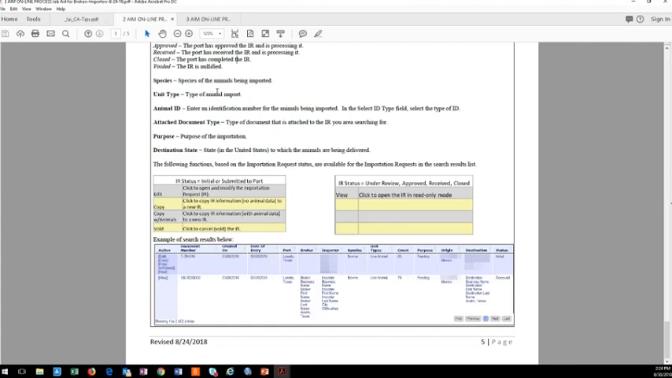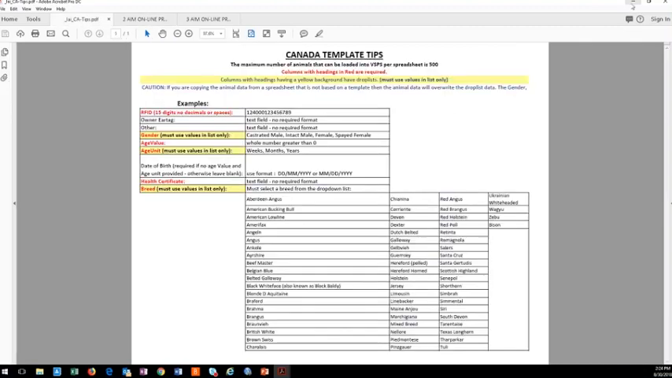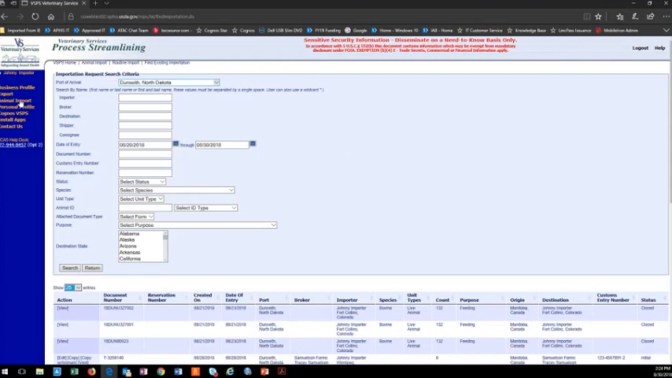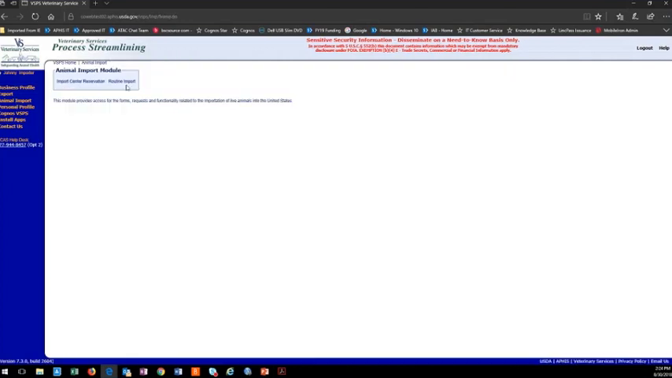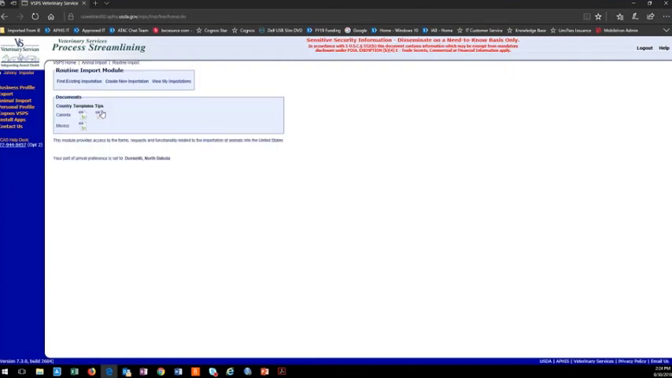Each port has their own port email address, and that will be listed in the tips. It'll be on the second page of this. I'm still working on that. If you go to animal import, routine import, the port email addresses will be listed in this tips